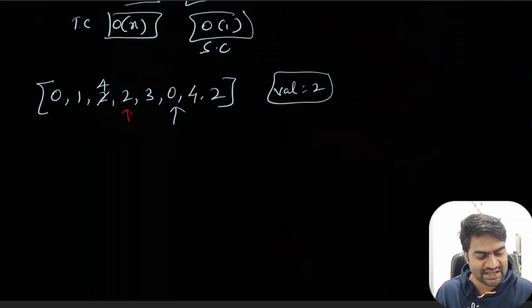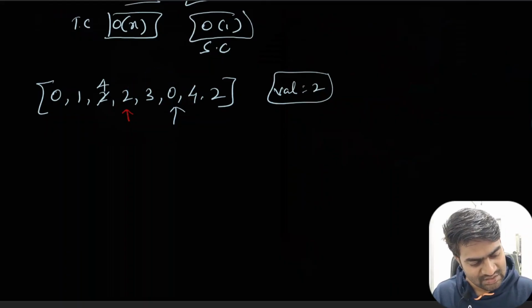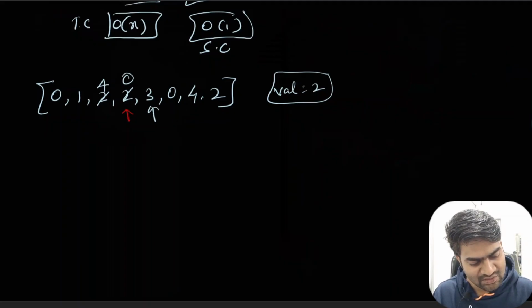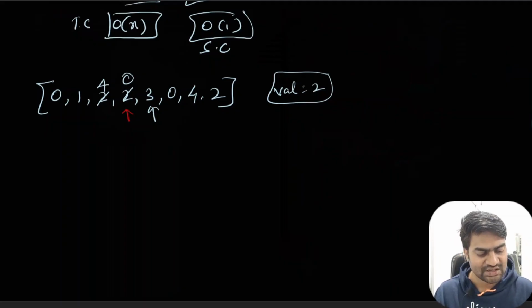If that is the case, then what I need to do is move this number to this place. That way I'm again removing one more number. So now I will copy that 0 here and move this pointer towards the left, and I also don't need to move at this particular point. So now again I will check my